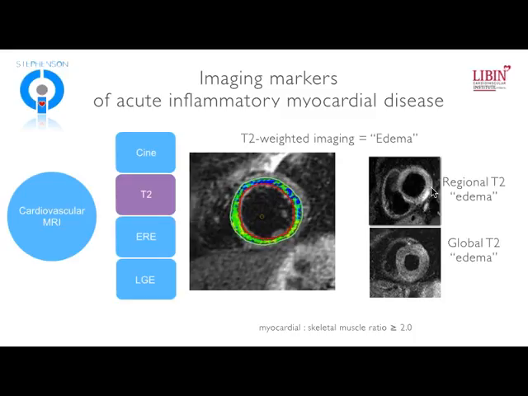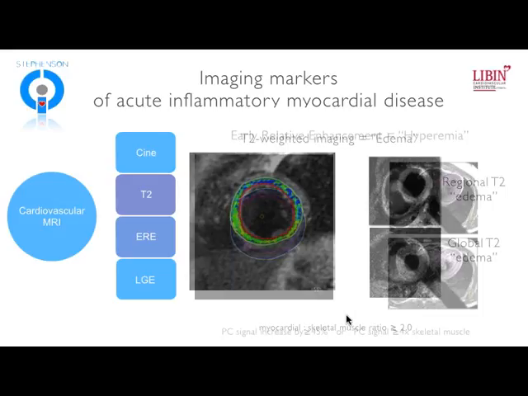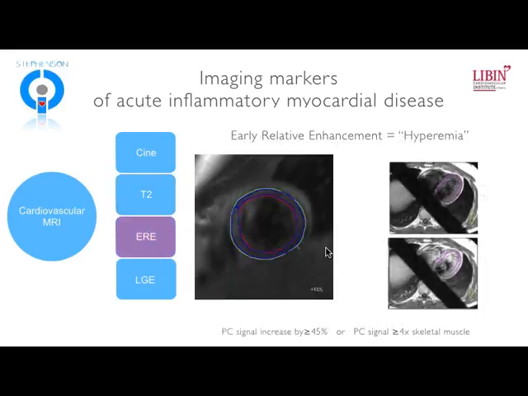And in doing so, we can look for either regional increase in signal, as is shown in this patient with myocarditis here, where there's a high signal in the inferolateral wall, or you can see patients that have global increase in T2 signal. And as we'll talk about in a little while, we have come up with some criteria to try to establish what's outside the normal range. And typically we'll apply a myocardial to skeletal muscle ratio of greater than or equal to 2.0. And if we apply this threshold, you'll see in this patient that we're using as an example, we see an area here that indeed has increased tissue signal, suggesting that there is edema.